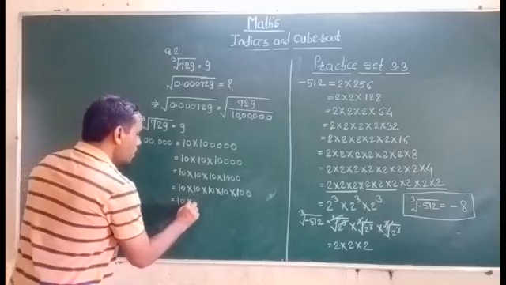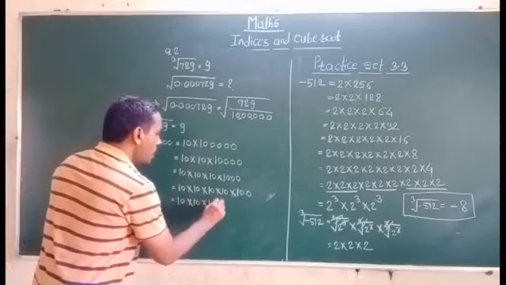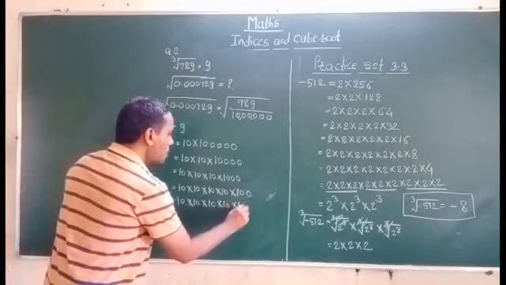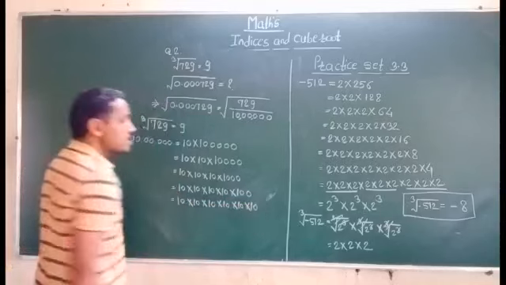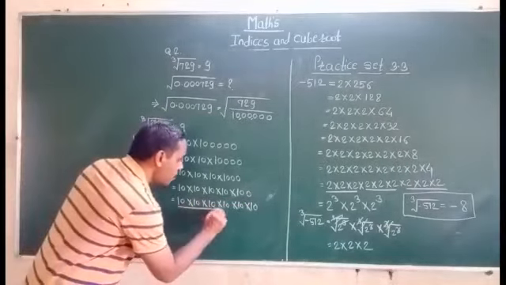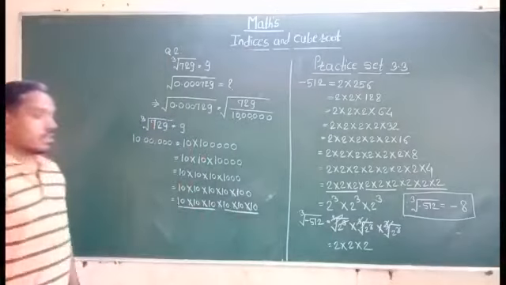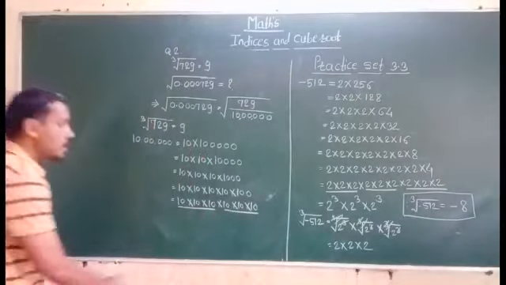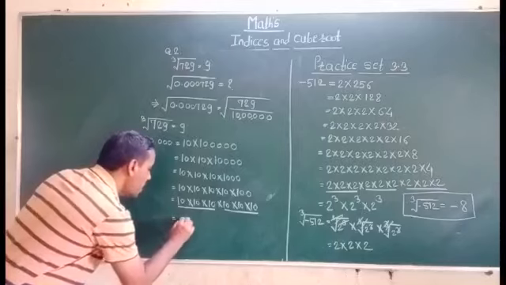And when we again divide 100 by 10, we get 10. So that means the 6th time we get 10, and we can easily find